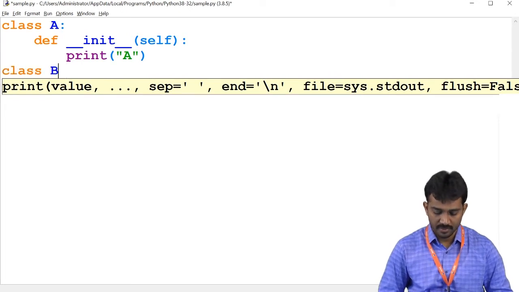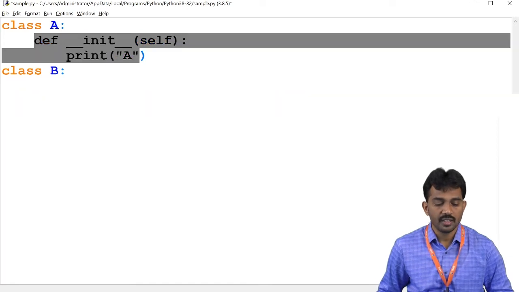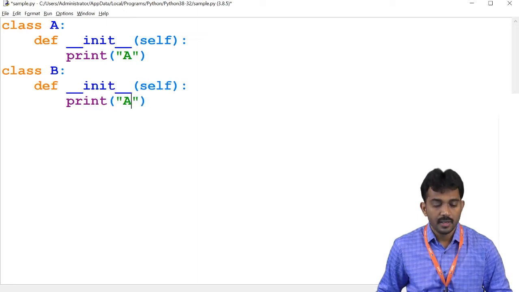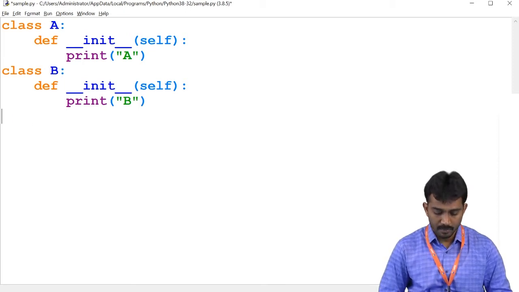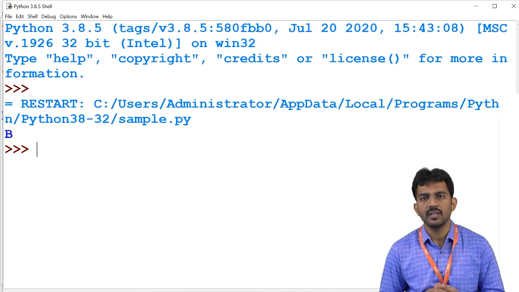Next, class B. The same thing I'm going to write here also: class B. For example, if you create an object b equal to B, what is the output? Simple, it is B as the answer.